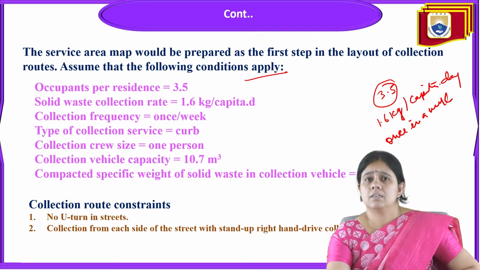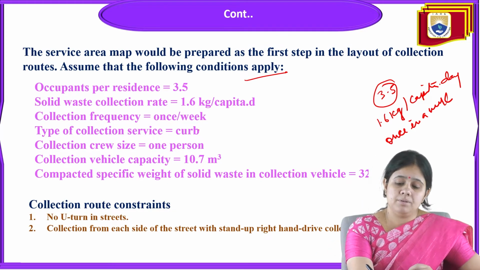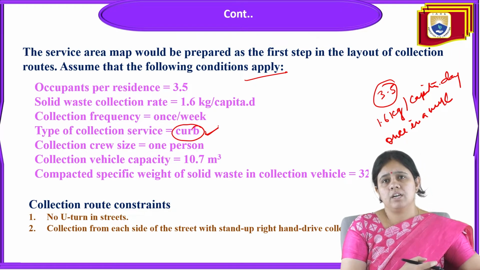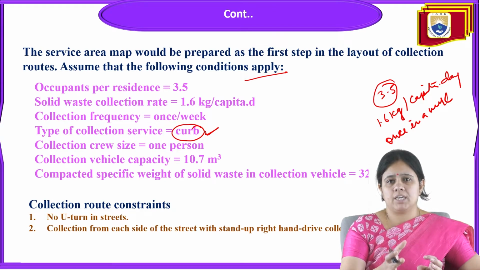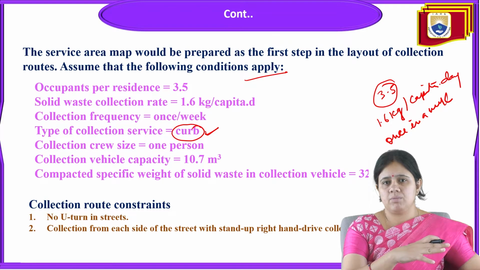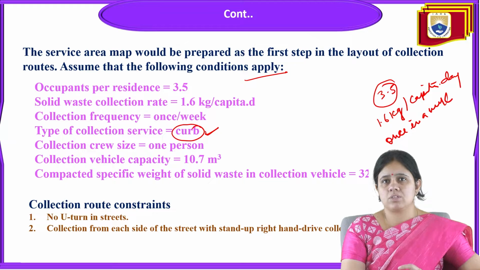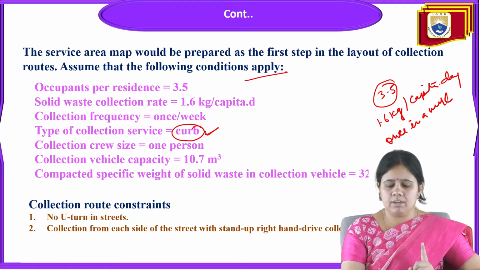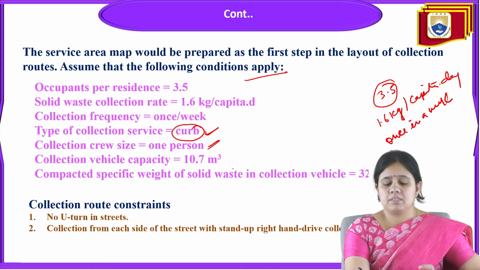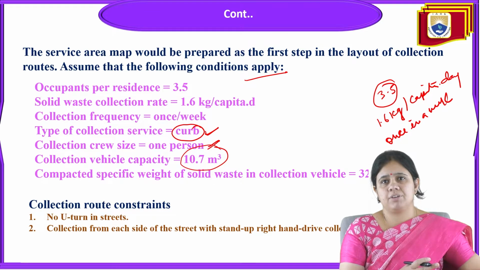And the collection system is the curb collection system method they are adopting. In the curb system method, they are putting their garbage in one container that has been installed in that place, and with this hauled container system, municipal people will come and collect from each pickup point. The collection crew size is only one person with this hauled container operation system. Next, the capacity of the vehicle is 10.7 meter cube, and the compacted specific weight,